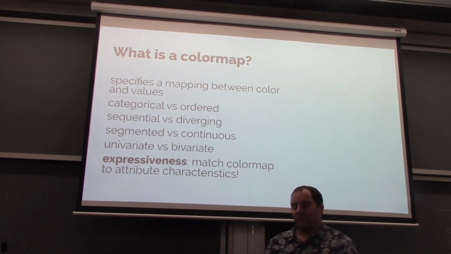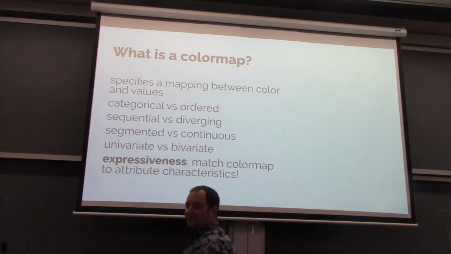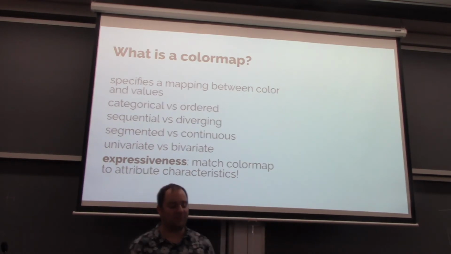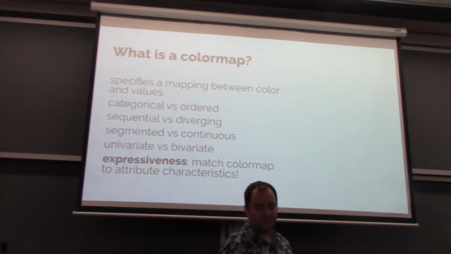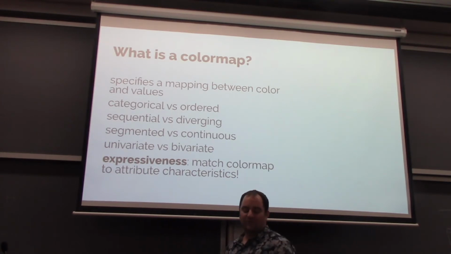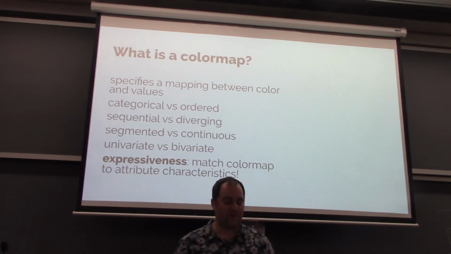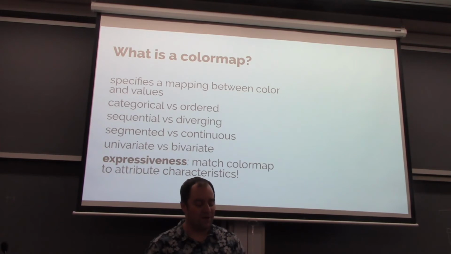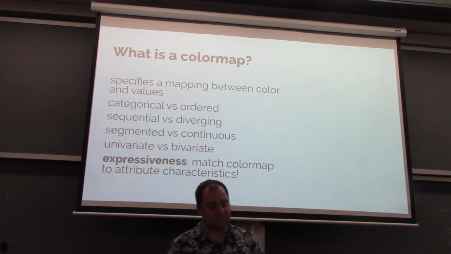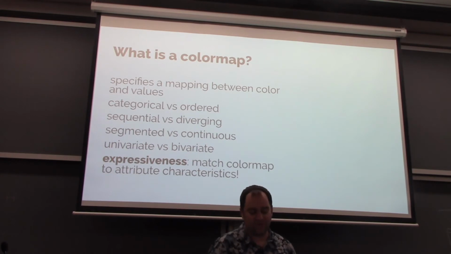So what is a color map? What do I mean when I talk about color maps? How do I encode data with color? We specify a mapping between color and values. We have a couple of different color maps. You can have categorical color maps, ordered color maps, sequential, divergent color maps, segmented versus continuous color maps, univariate versus